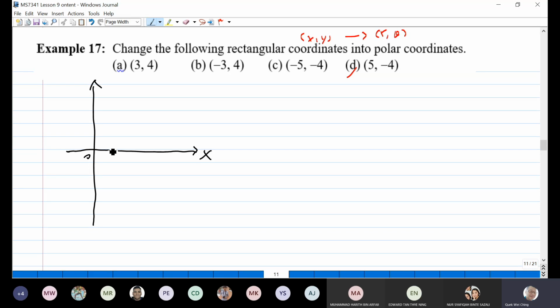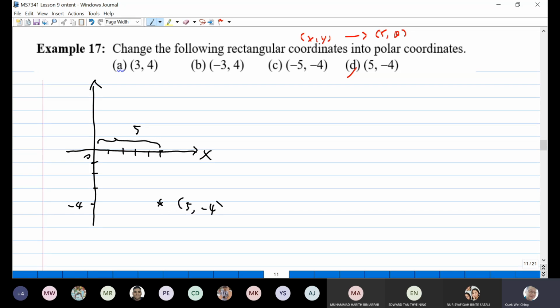So go to here, 5 here, 1, 2, 3, 4, 5. Then go down, minus 4: 1, 2, 3, 4. Minus 4, right? So the point is here now,